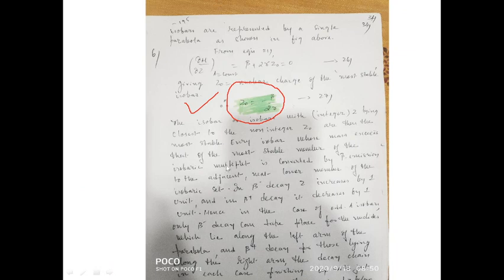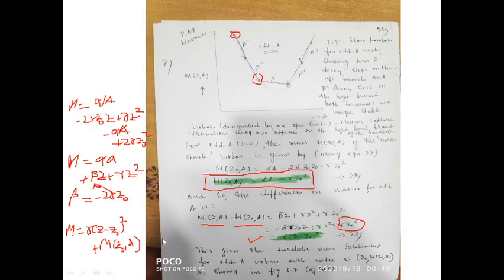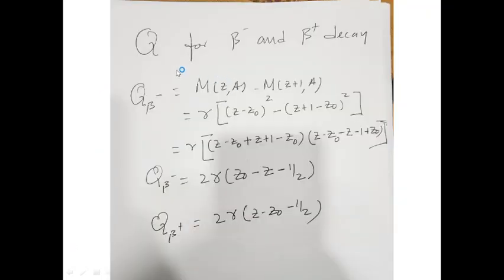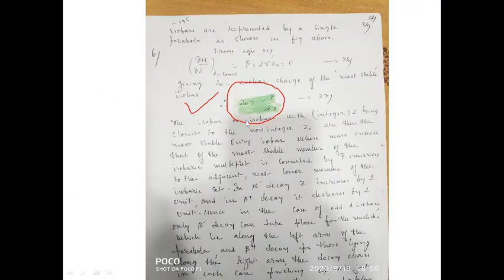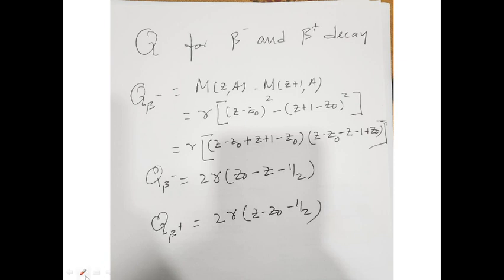So I got the expression. What are the expressions I derived so far? I got the expression for the stable charge number. I got an expression for the mass. I got the general expression for any member. Now why do I need these masses? Now let me calculate the Q for the beta decay process. You know that when this element slides and goes to the next element, there's a beta minus process. So I can calculate the Q. We have calculated the Q for the beta decay in our beta decay chapter. So for beta decay, it is not just the difference of the parent minus the daughter. I think that I had also asked you in objectives.